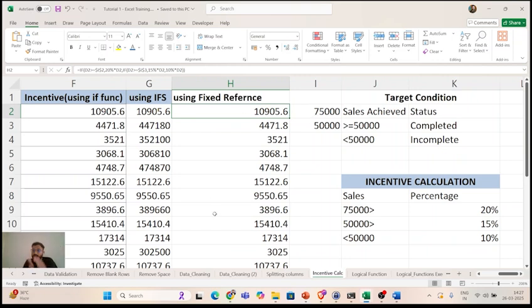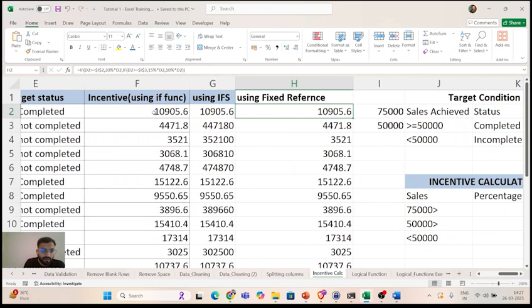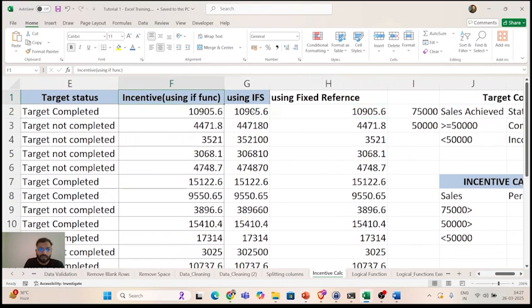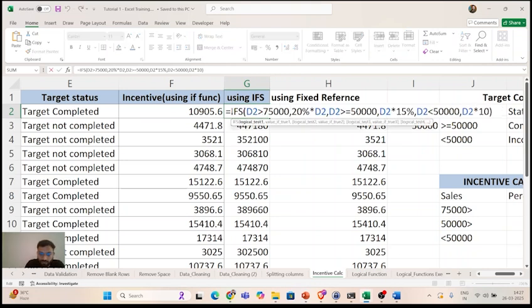Here we had multiple situations to compare, so we used multiple ifs. A similar incentive result can be calculated using the IFS function, also multiple ifs, to avoid nested if. See the formula right here. Double click. IFS, multiple if, plural.